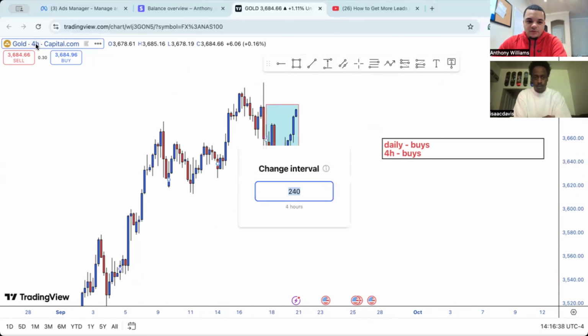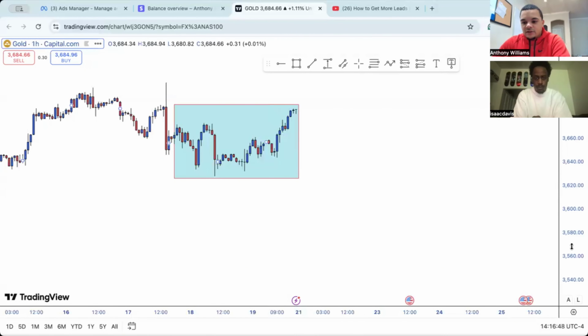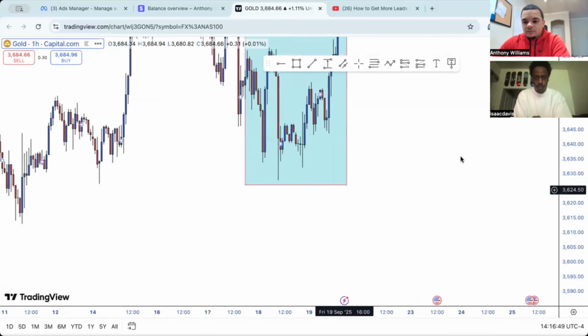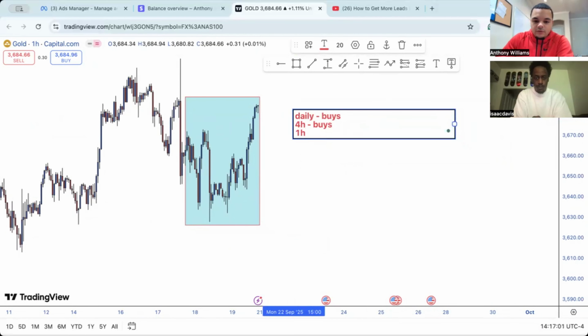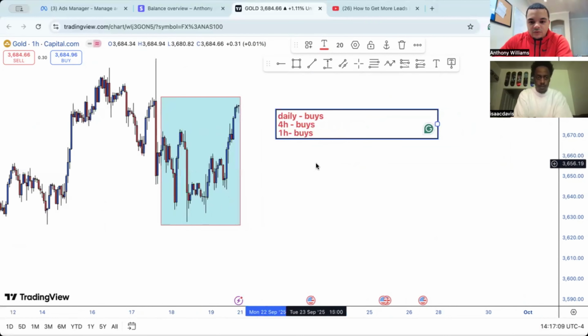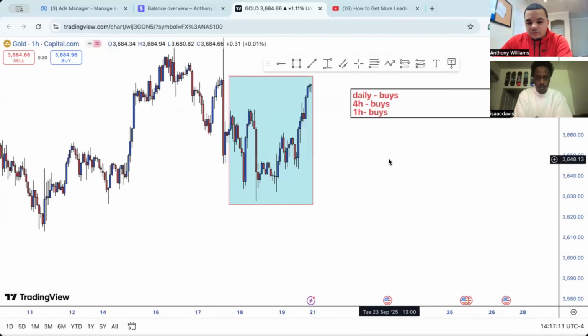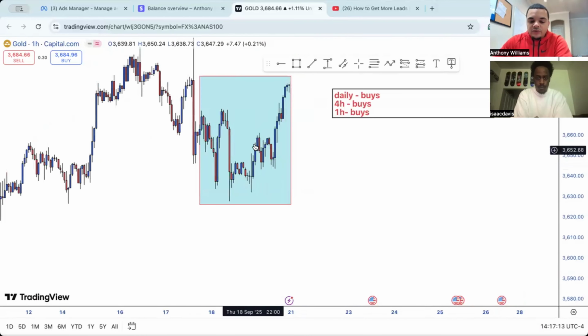So now I'm gonna go down to the 1 hour. Just 1H. Everything's still blocked in the same. Let me get 1 hour. We are still in buys. Obviously, you see the candlesticks are moving up. And another reason you know we're in buys is a million reasons. You can see the blue. Blue is going up buys, red is going down sales.